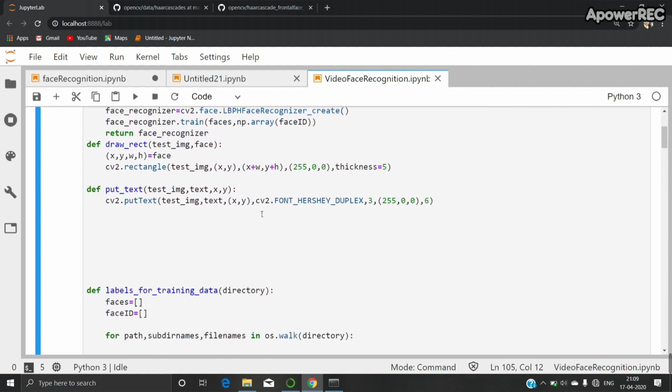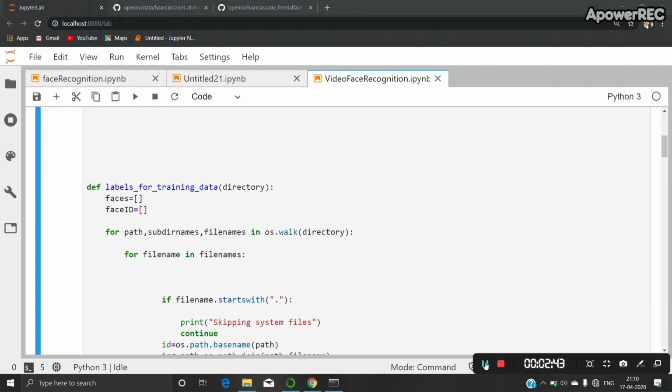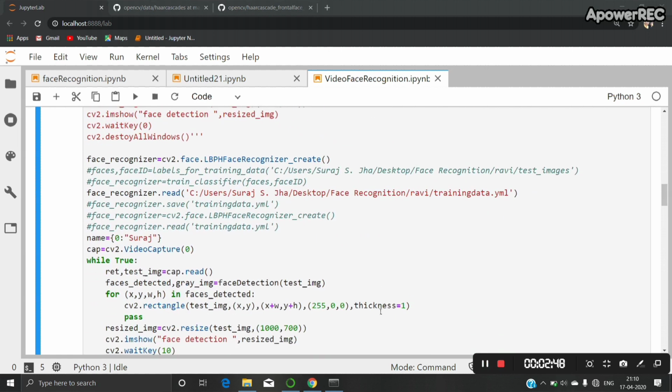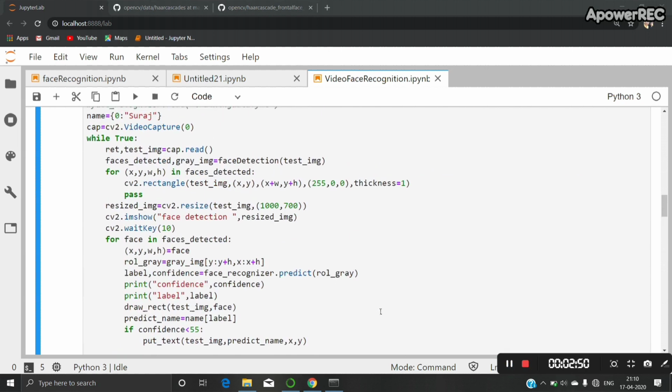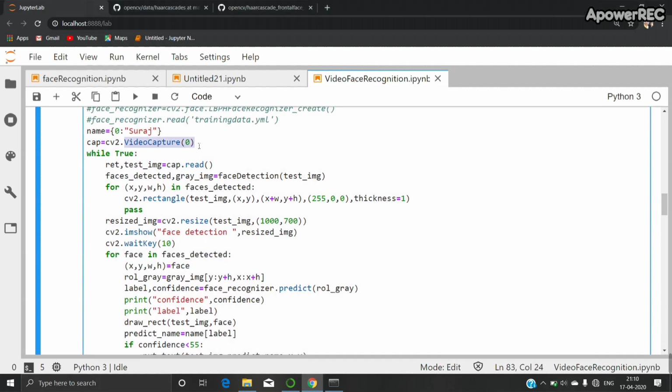The only change is you have to capture the image from the video capture, and it will be changing every split second. For that we have used a function called VideoCapture. Here it is written 0 because we are using the webcam. If you use an external camera, then you have to change the number to 1, and accordingly you can use that. Let me run this code and you can see that